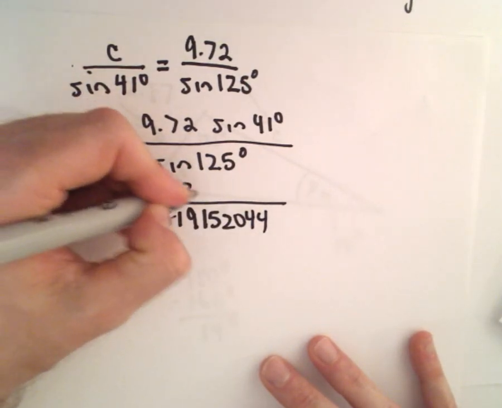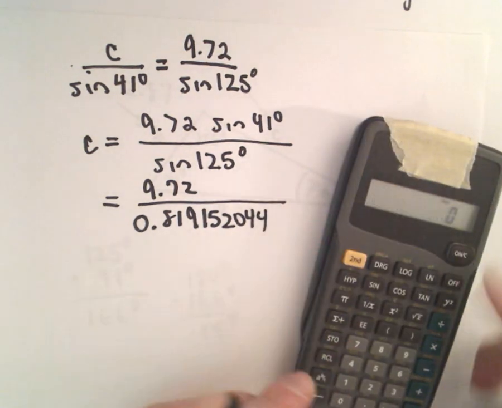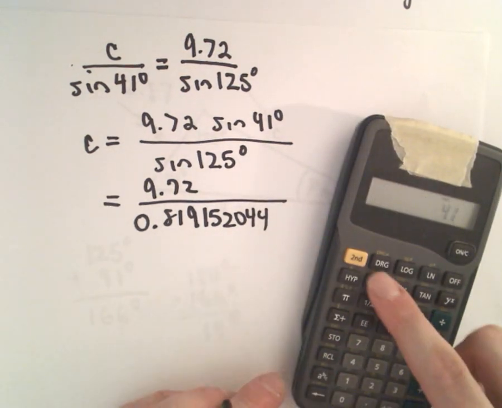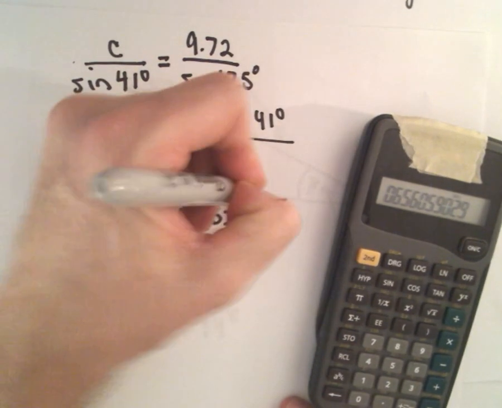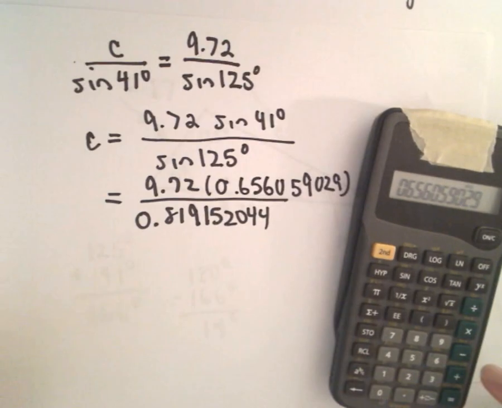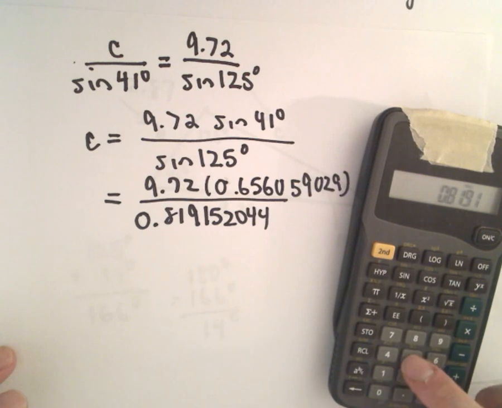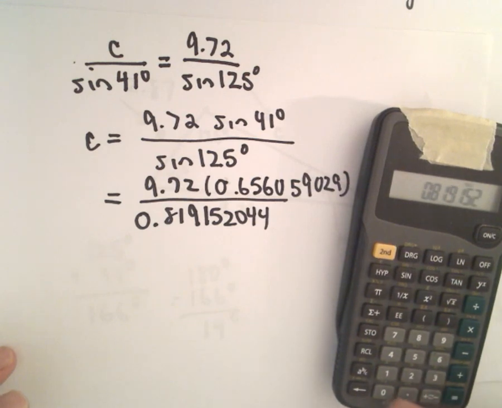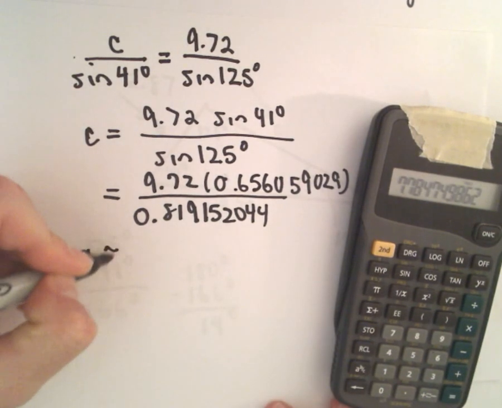We've got 9.72, and sine of 41 degrees, I'm getting 0.656059029. So I'm going to go ahead and multiply that by 9.72, and then divide all of that by 0.819152044. And I'm getting c to be roughly equal to